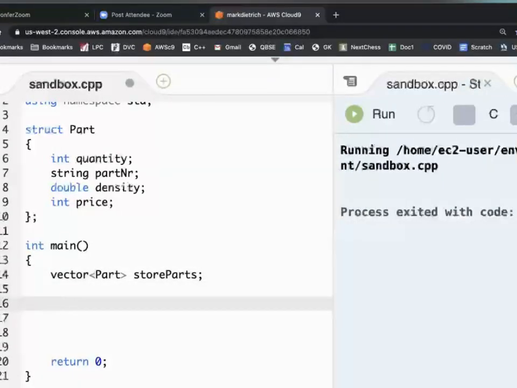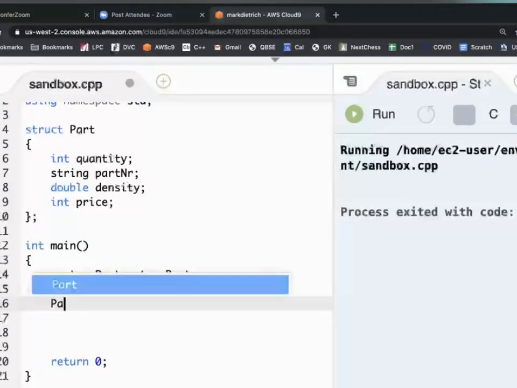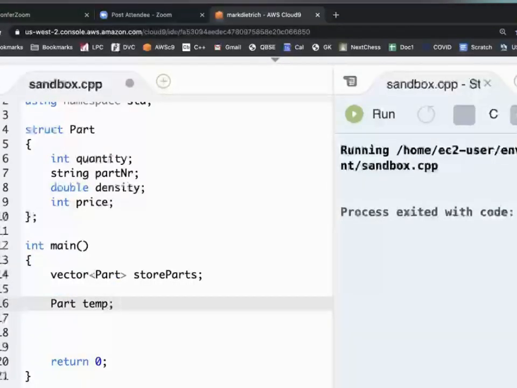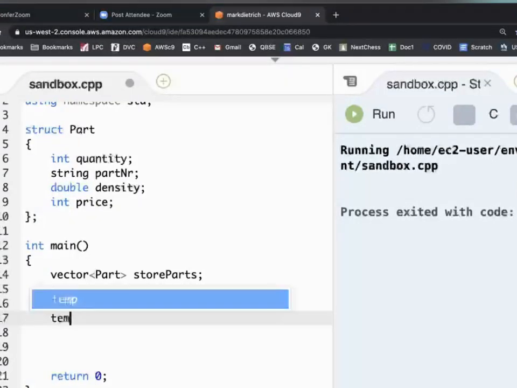Now, what we need to do is we got to push some data into this vector. So the most common way of doing that is that you can do either a direct push, or if you're pulling some data from a file, you'll kind of want to amass that data into just a temporary structure, and then we push that structure. So I'll teach that method here. If we wanted to create a temporary structure, let's do that right now. Part temp, we'll do that. And then our temp.quantity,